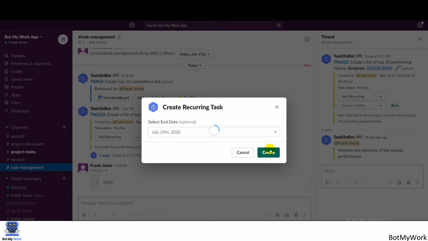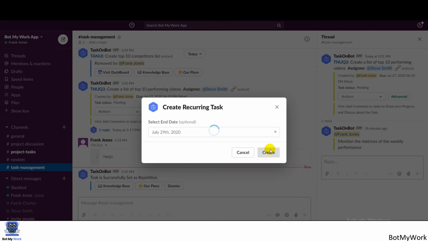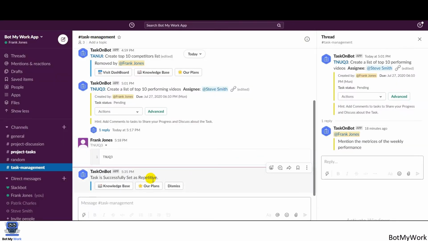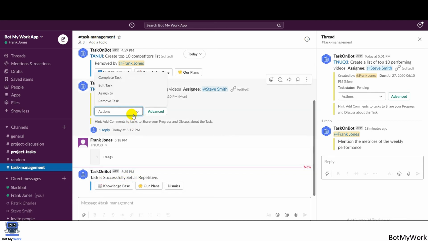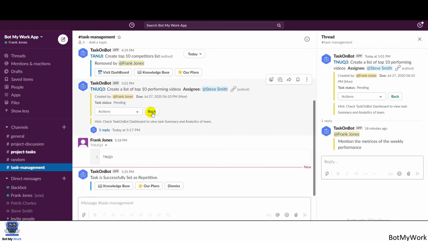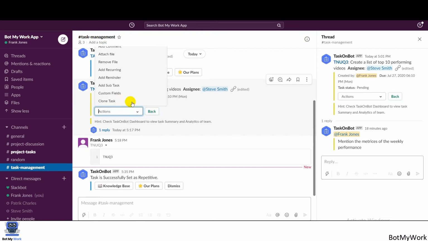I have selected the end date as 29th of July, and then I'll click on create. So the task has been set as repetitive. This is how you can set a particular task on a recurring basis for the time interval as per your needs and requirements.